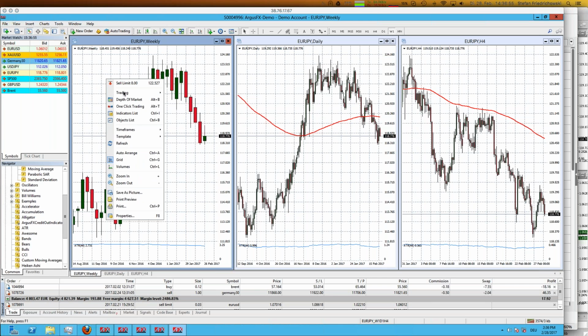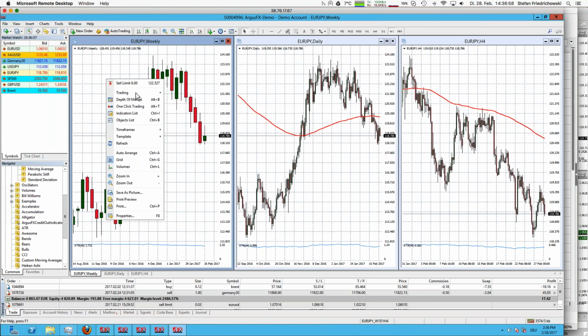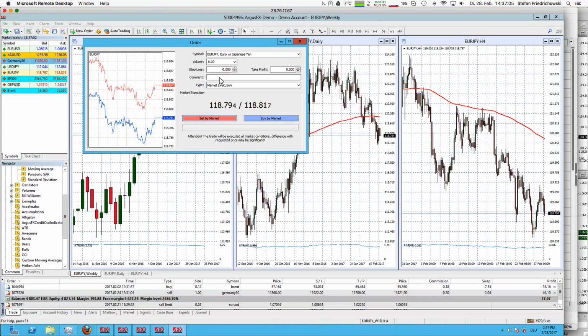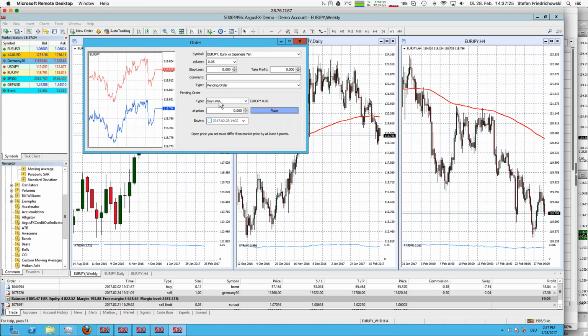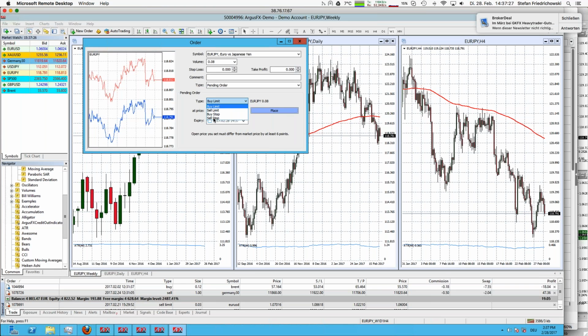So what we have is that we need a new order, and that new order is now on Euro Japanese yen, but of course the lot size is totally wrong here. Let's correct that at first. So lot size would be 0.08, and we don't want to go market. We want to have a pending order, and that pending order is a sell stop order, and